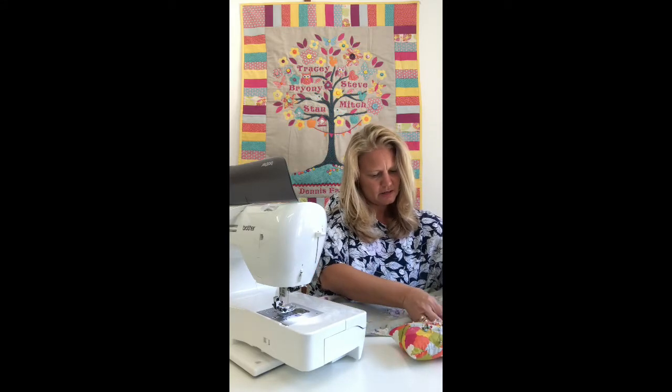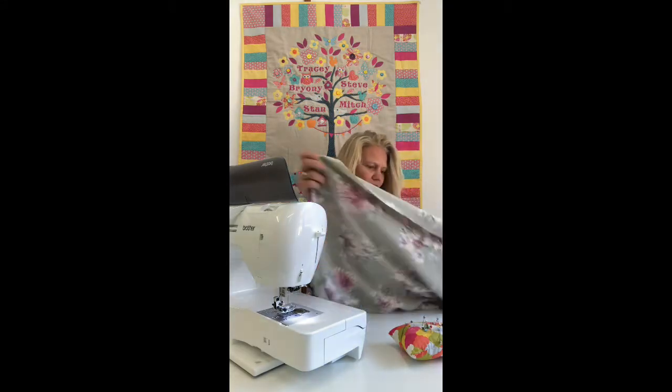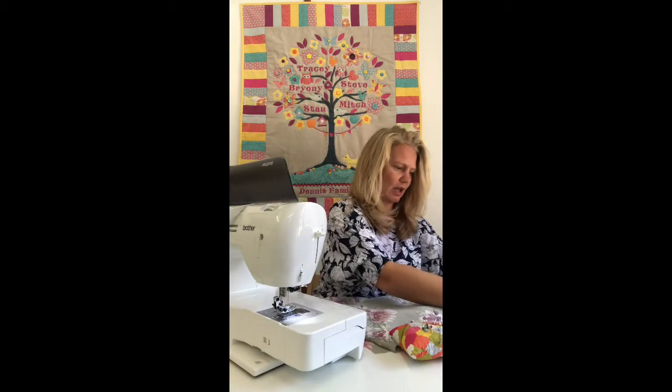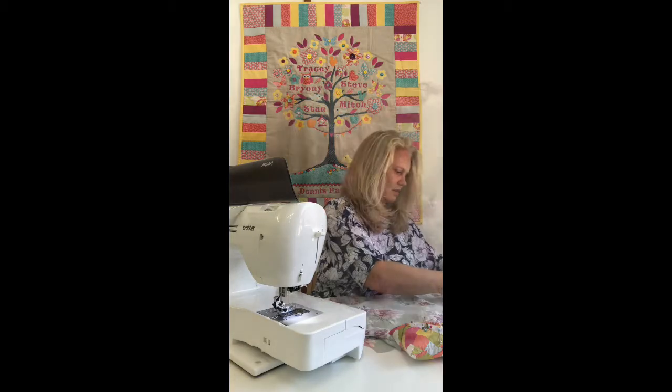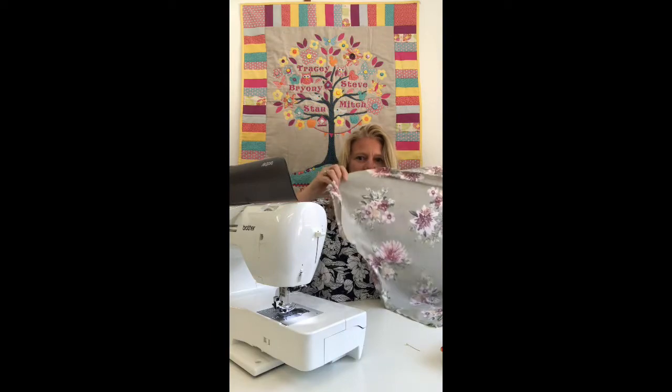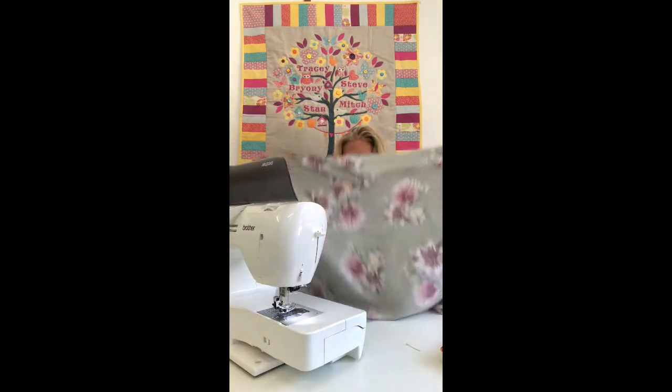Pin all the way down there, and I'm going to repeat that on the other side. Obviously not the bottom straight edge, because that's how we're going to get in and out of our top. So that is your top. So we've got our neck here, 2 sleeves on that side and one the other,